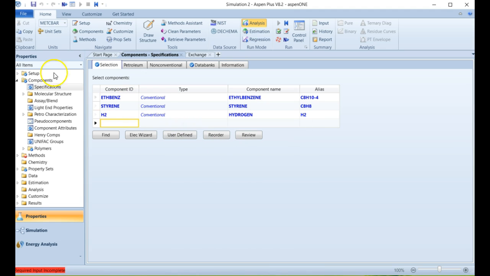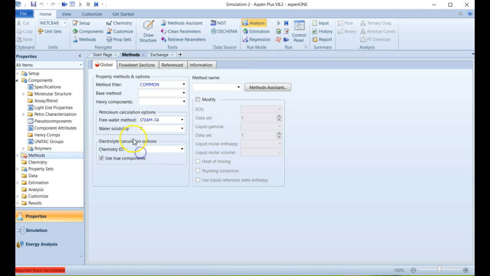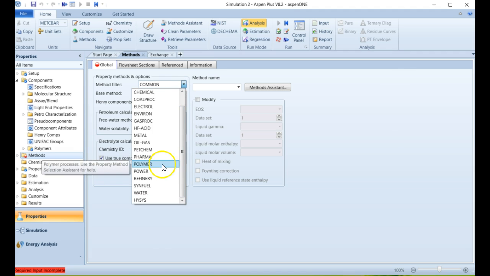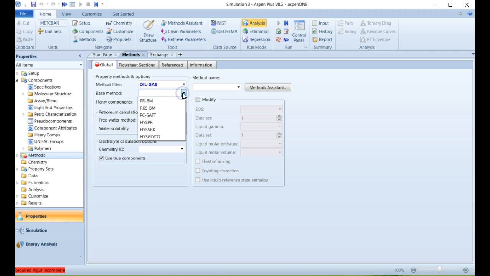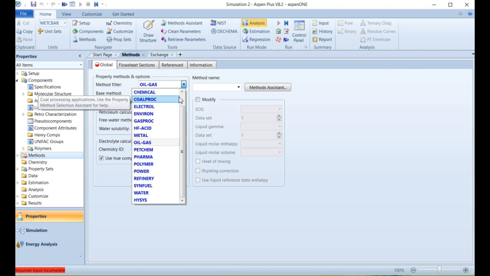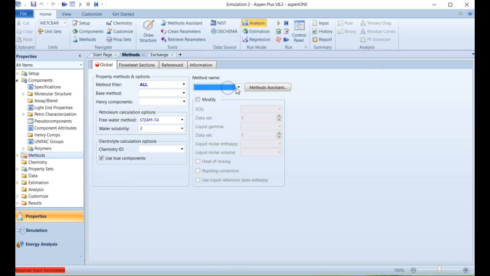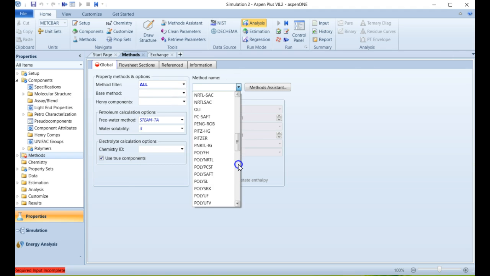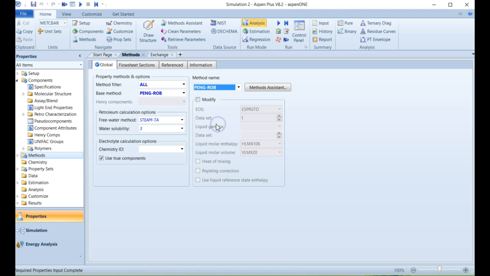Great. Now we have methods. The methods base set that we're going to do, this is an oil industry one, so if we want we can go down to the oil gas, and it doesn't have the one I want in there, so I'm not going to do that. But let's just go to general, because what I really want to use is the Peng-Robinson system. That's a nice one for hydrocarbons. So we'll use the Peng-Robinson equation of state, and now the properties are all satisfied. So we can go to simulation,